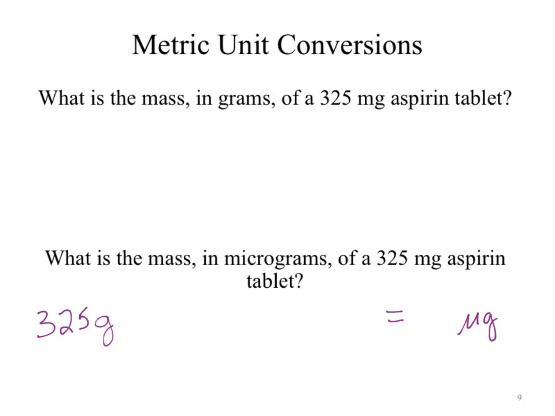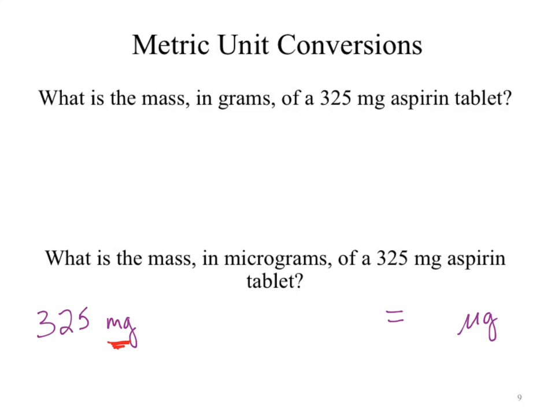We start with milligrams. The whole goal in this whole process is to just convert the units. So the problem that we've got here is that our units are not what we wanted. Okay, so we have to somehow come up with some way to change that M to a micro, okay, or